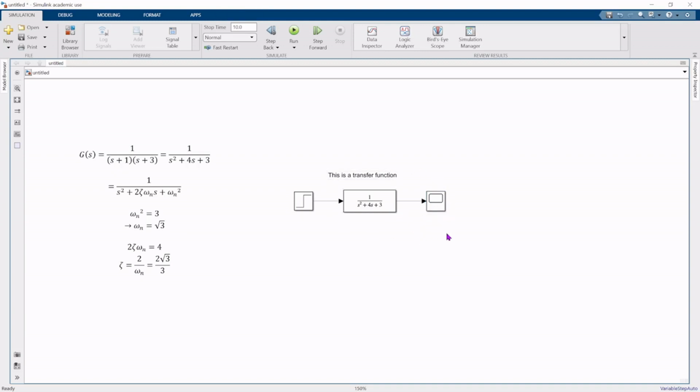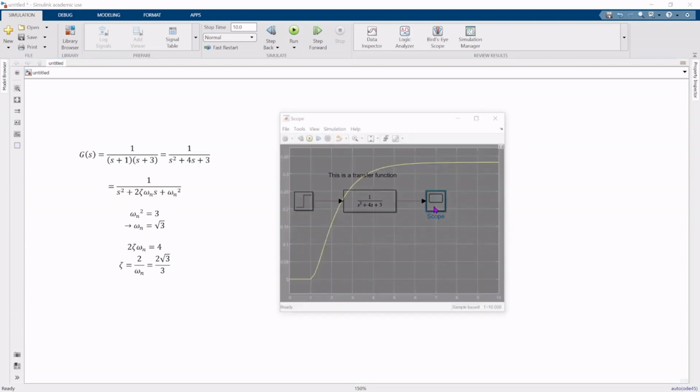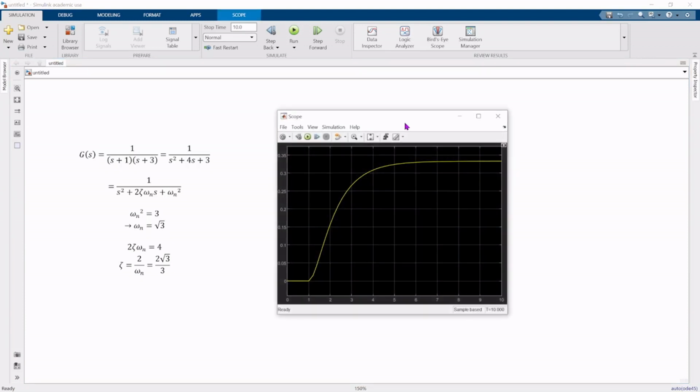To actually run the simulation, we can go up to the top here and click on the play button, or the run button. We click that, and Simulink goes ahead and runs the simulation. We get a tone from Simulink letting us know that it finished. This is a pretty simple model, so it went really quick. With more complicated models, the simulation might take much longer. Now that the simulation has run, let's look at what we get with the scope. If we double click the scope,